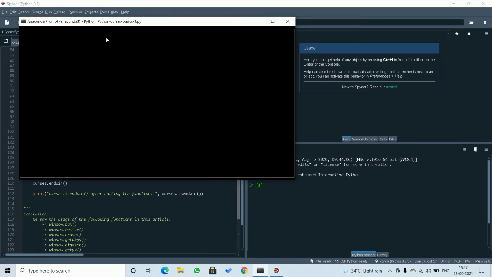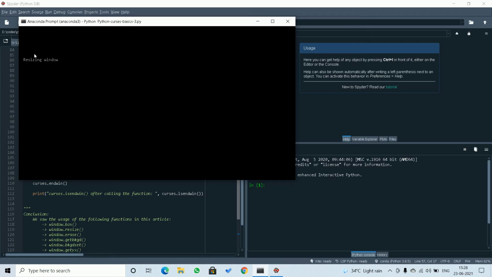Now a box will appear. There is a box here. The current background character is space. Now we set it to C. So here you can see all the spaces are replaced by C. The window is resized. Now we will erase the window